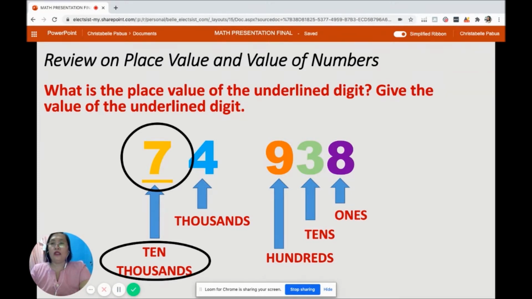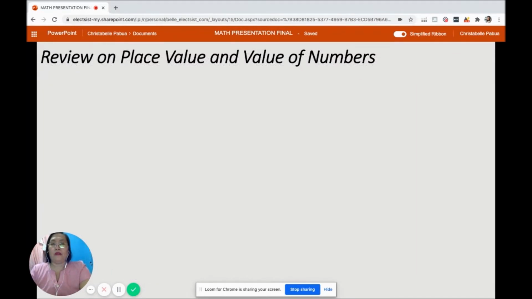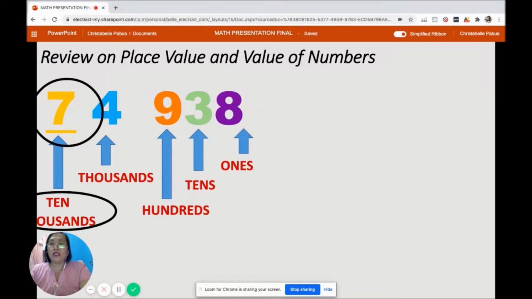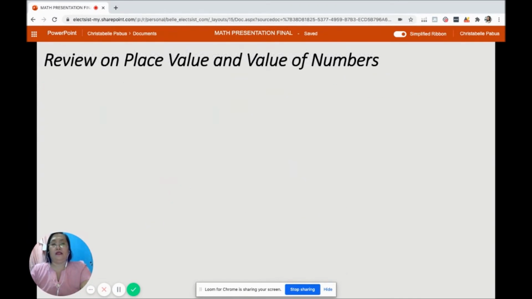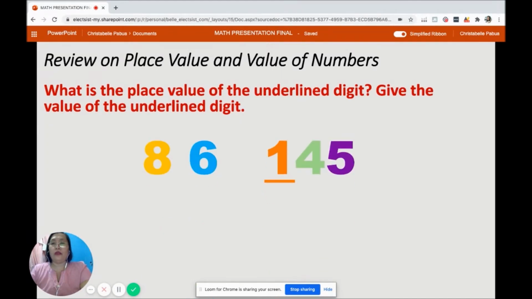Now let's go to the value of the underlined digit. The underlined digit is 7, and it is found in the 10,000s place value. So therefore, 7 times the value, which is 10,000, is equal to 70,000. So the value of 7 in the number 74,938 is 70,000. You want another example? Okay. Here is another number,